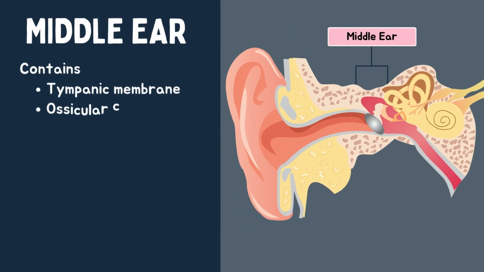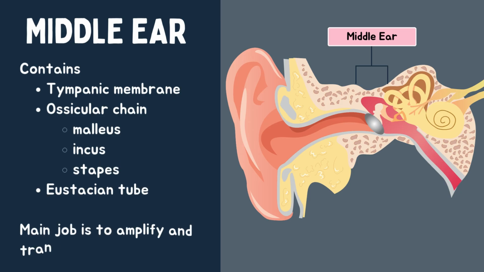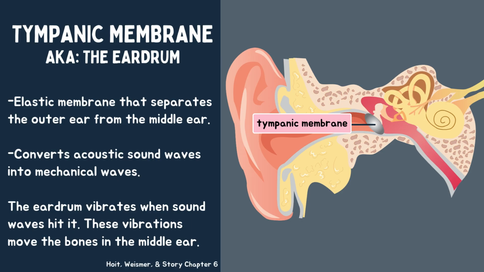Next, moving on to the middle ear, it contains the tympanic membrane, the ossicular chain, and the eustachian tube. Its main job is to amplify and transmit sound. The tympanic membrane, which is the eardrum, is an elastic membrane that separates the outer ear from the middle ear. It converts acoustic sound waves into mechanical waves. So the eardrum is vibrating when sound waves hit it, and then these vibrations move the bones in the middle